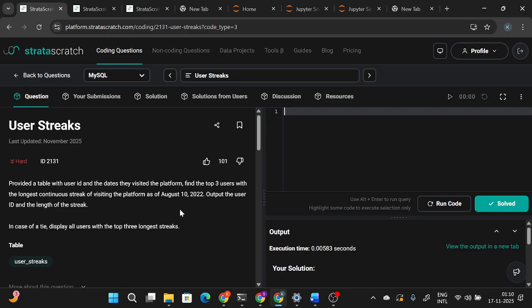Right? So what the question says is, we are provided with a table of user ID and dates they visited the platform. Find the top three users with the longest continuous streak of visiting the platform as of 10th of August 2022. Output the user ID and the length of streak. In case of tie, display all the users with the top three longest streaks. The problem statement seems to be quite straightforward, but